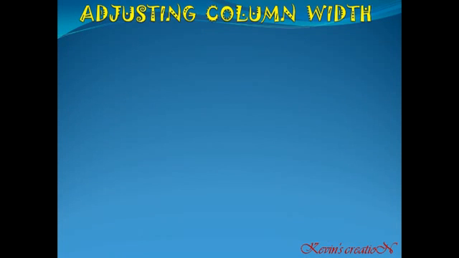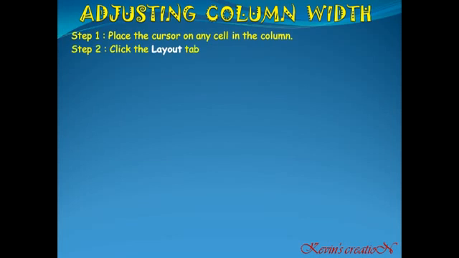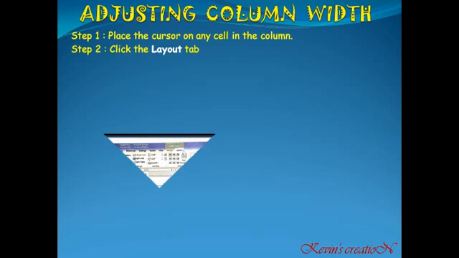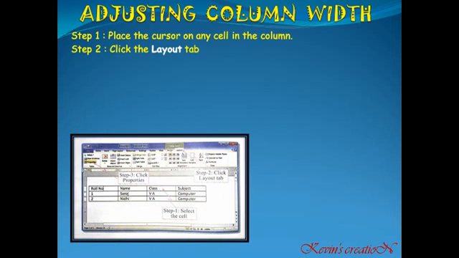The process is same for the column width. If you want to adjust the column width, that means you want to either increase it or decrease it. For this also you have to place your cursor in any of the cell in that particular column. Click the layout tab. So first you can see here this class. This is selected cell. After that we click the layout tab, which is here,